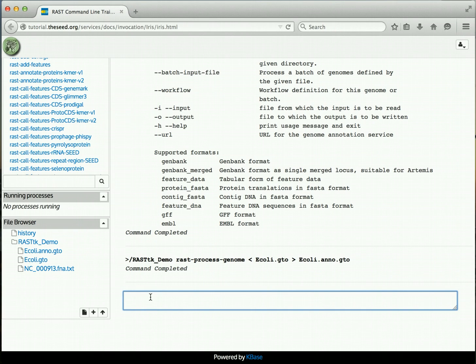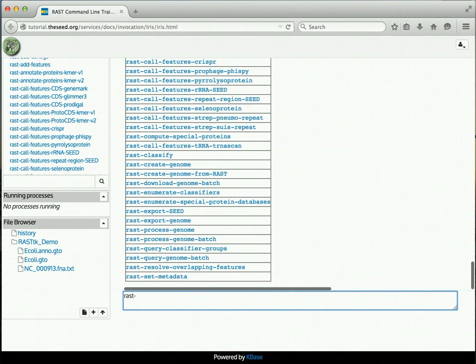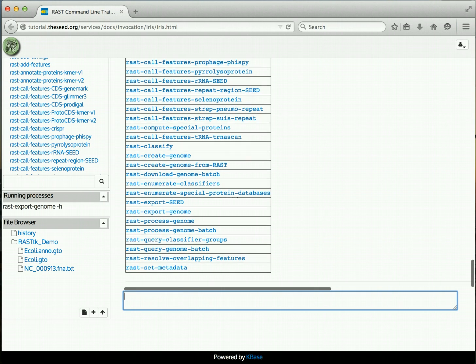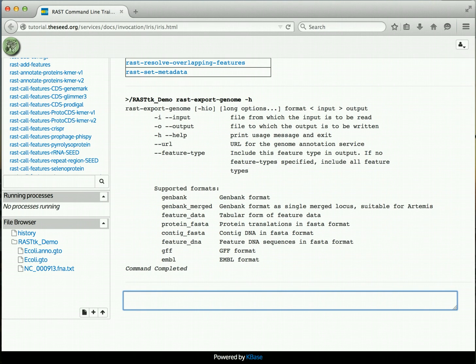So we need another RAST command. And so I'm going to do my little trick where I type RAST dash and hit the right arrow key. Now we need the command RAST export genome. So I'm going to click on that and show you the help option for this one. RAST export genome allows you to export your genome in a variety of formats, including GenBank, GenBank merged, FASTA, etc. And I'll step you through a couple of use cases for this